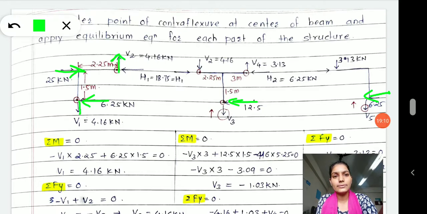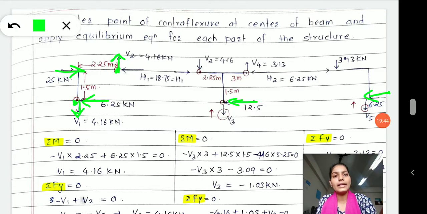and this vertical force, these are the forces. At every point of inflection, or a point where you have taken a section, two forces will act: one in the vertical direction, one in the horizontal direction. We have to take both forces where we have taken a cut section. So here I have taken horizontal forces at this point, and at this point I have cut my frame. I have taken the inflection point there. Now that point has to have two forces, horizontal and vertical.